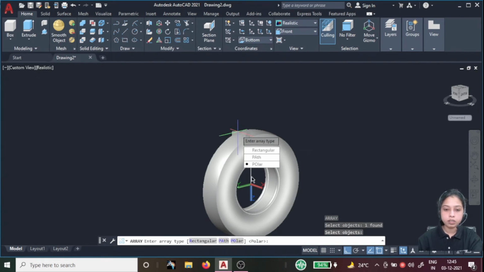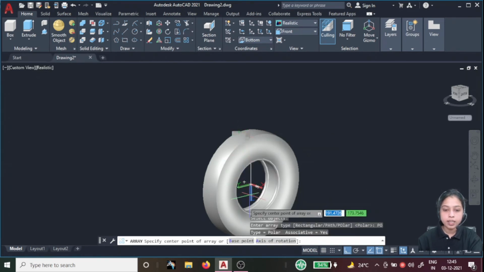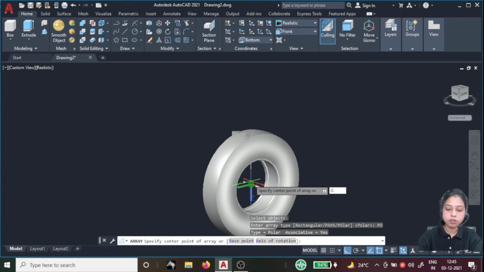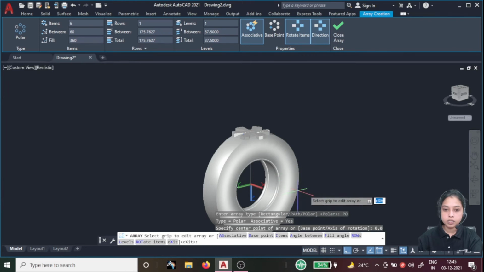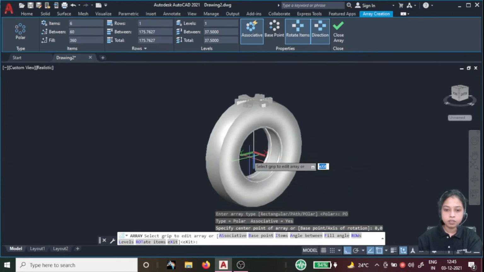Now select the polar array, now it is asking for the base point, so you can give 0,0,0, enter, and specify the axis.